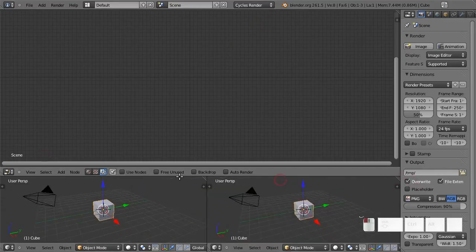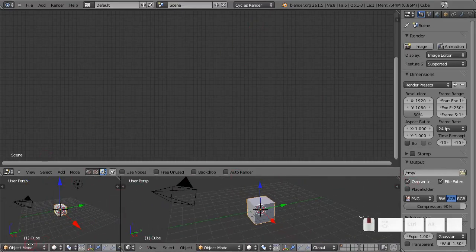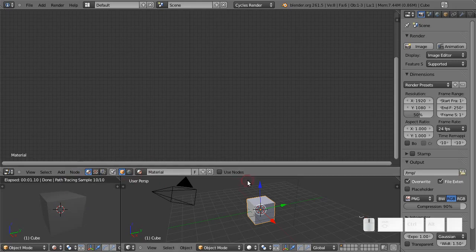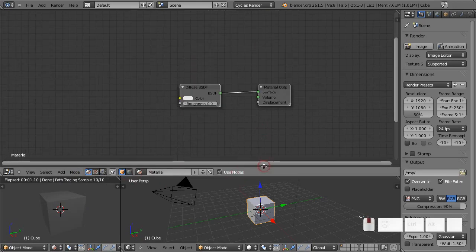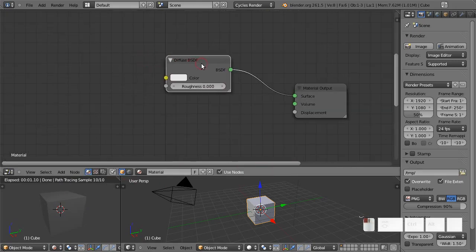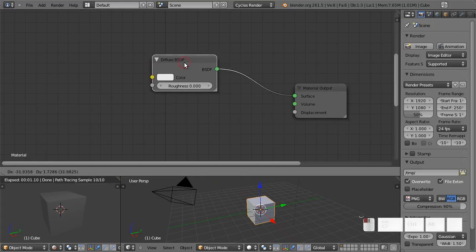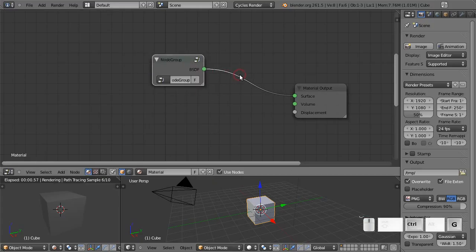Just quickly set this up. Rendered cube, alright, shader nodes and use nodes. Alright, here we are. So, let's just start by making this diffuse shader into a node group by pressing Ctrl G. The first thing you'll notice, if I now press the Tab key to edit this node group, is that